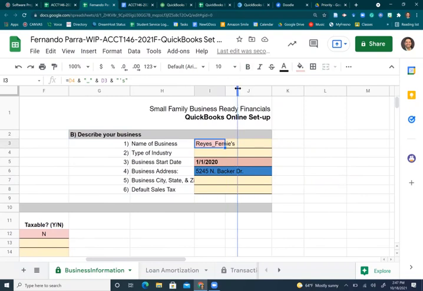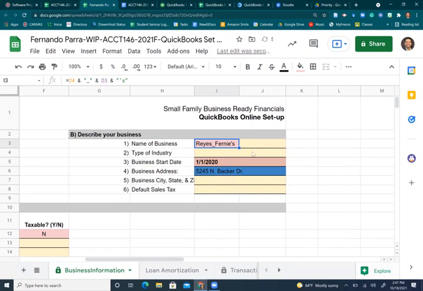Your business name is going to have your last name and first name, and then the actual business name. So in my case, I'm going to have Ray's earnings. What did I say I was going to have? Consulting, right? So mine is going to be consulting. Ray's earnings consulting. Yours is going to be whatever your last name is, just your first name, and fancy base video, super motorcycle,